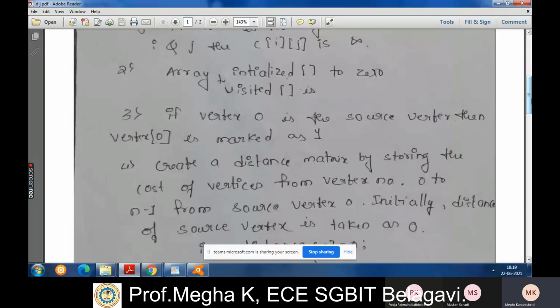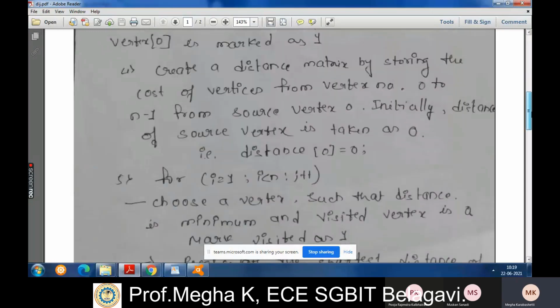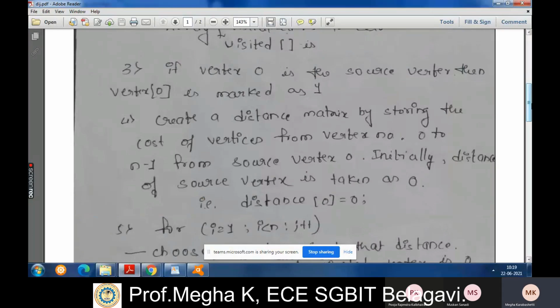Similarly, when you move from the first node to the second node, the second node becomes the visited node and the predecessor node becomes 1, right? So you go through all the nodes one by one, and from all the nodes you need to recalculate the things. Next step: if a vertex is the source vertex 0, then vertex 0 is marked as 1.